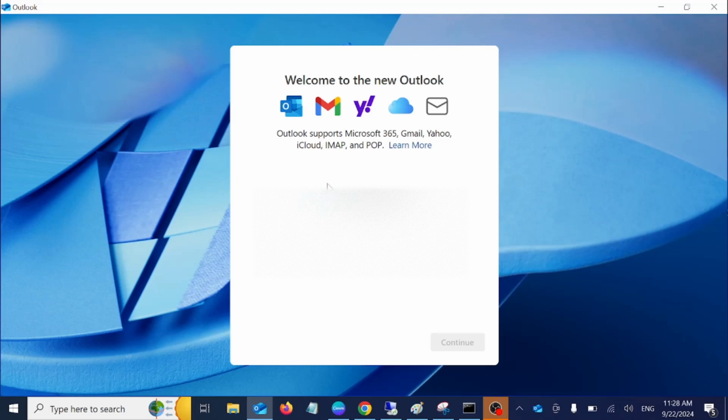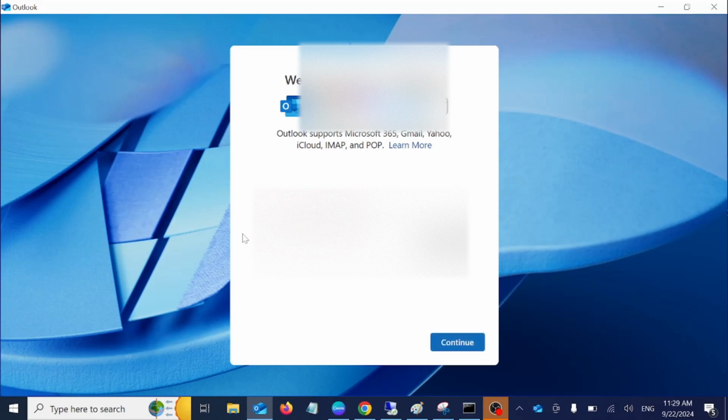Just we have to wait here. Okay, and you have to type your Gmail address which you want to configure. Okay, and then click on continue,